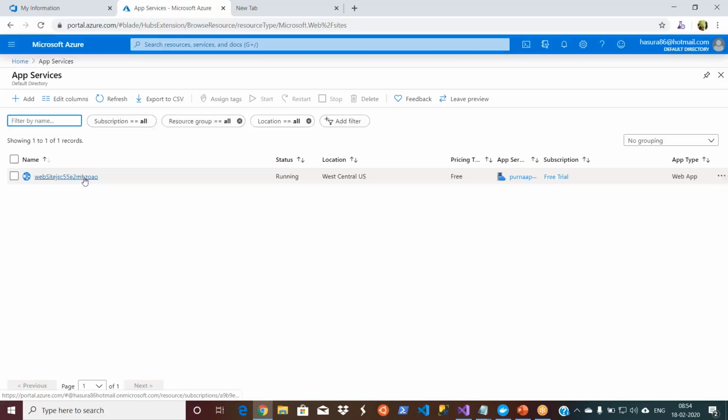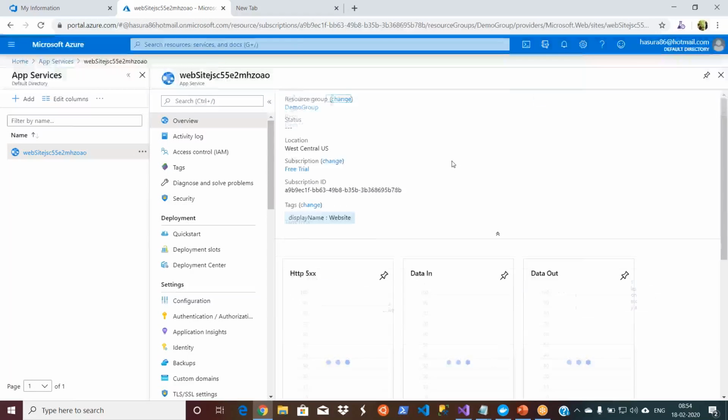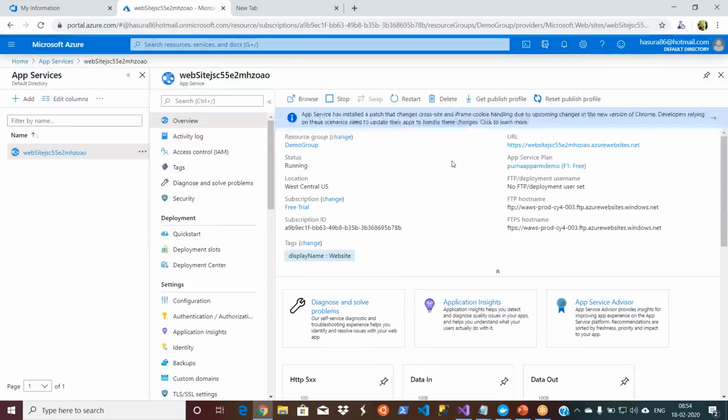We did not give the name explicitly. That's why it created a name dynamically. So this website is the PaaS service that got created automatically using your ARM template. This app service plan name is given Purna app. We selected F1 as the SKU and the free subscription, etc. If you go and open this URL,